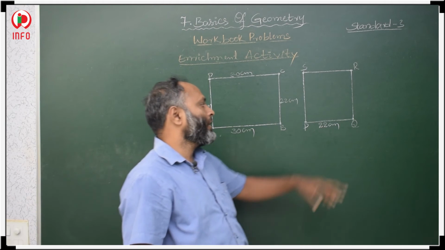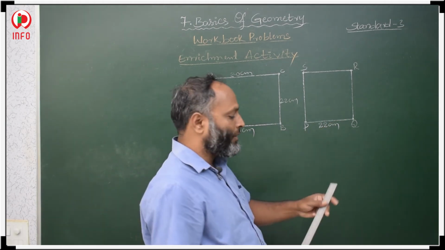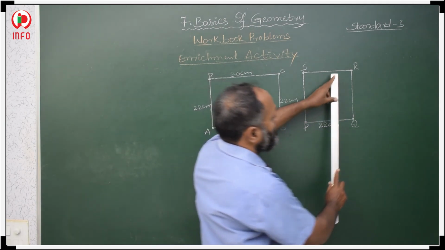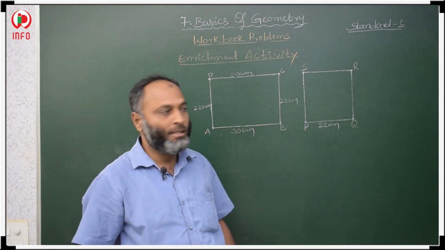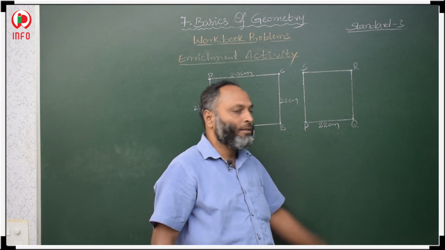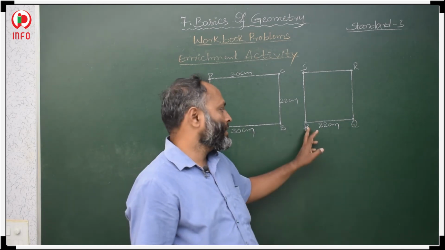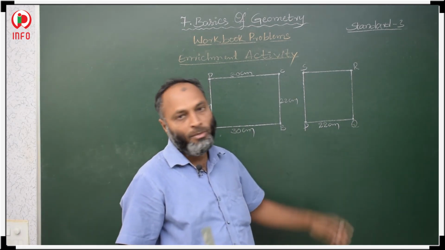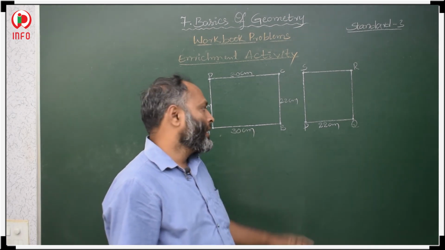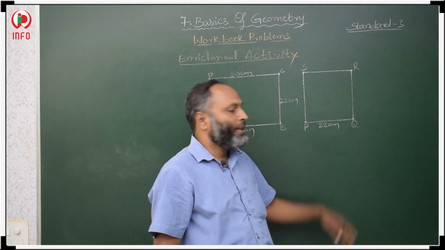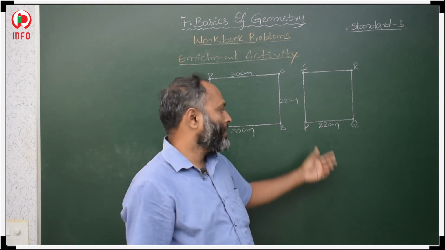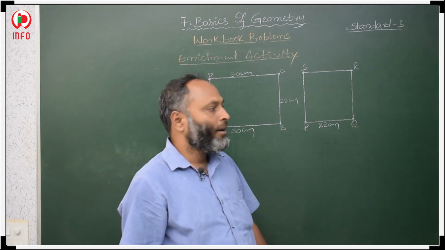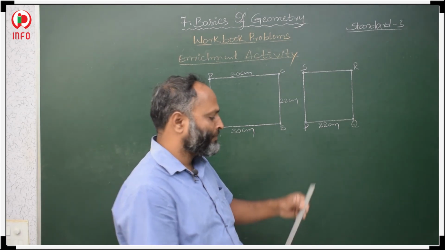Then after that we have to find the QR length. So now we have to keep this scale vertically. So this is a vertical line. We know what vertical lines and horizontal lines are. A horizontal line is also called a sleeping line. So this is a horizontal line. First we have to keep the scale horizontally and find the length PQ. We already learned how to measure a line segment's length. In that way we find the PQ length, and after that the QR length.